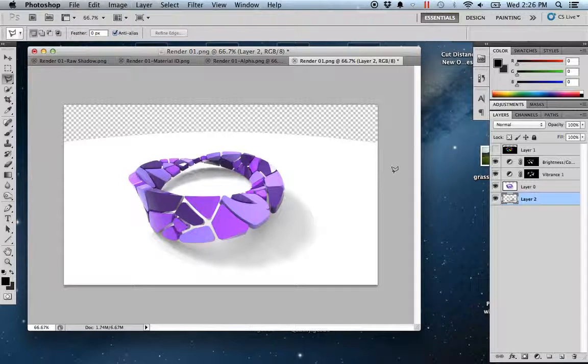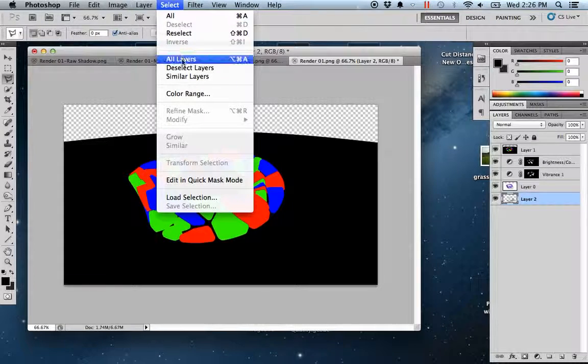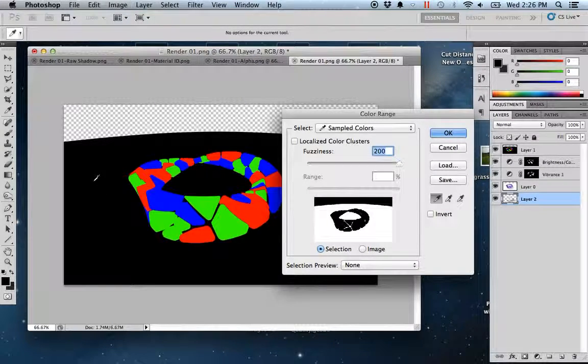So the only thing I have going on with my rendering right now is I still have the white background. So say, for example, if I were to place an image in here, it's not really going to show. The only part of the image that's going to show is whatever is right back here in the checkered part. So again, this is where I'm going to use this one last time. Now what I want to do is go to Select, Color Range, hit the black,